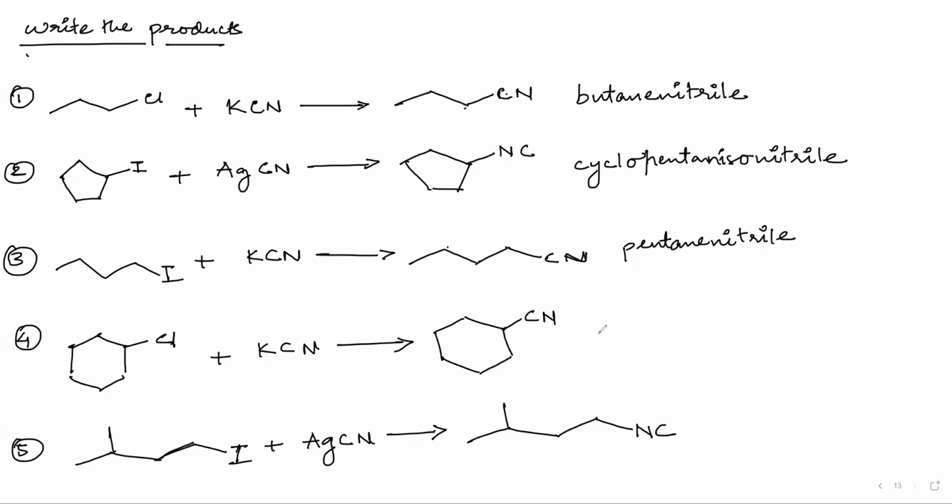What will be this one? Cyclohexane nitrile? No, it's not cyclohexane nitrile, because if I am saying pentane nitrile, then I am adding this carbon also, 1, 2, 3, 4, 5 carbon. So what will be this one? Cyclohexane methyl nitrile? No, not methyl. You will have cyclohexyl. This is a branch, a substituent, so you will write the substituent first. What is the substituent? Cyclohexyl. Then you will write what is this? Meth, because one carbon.